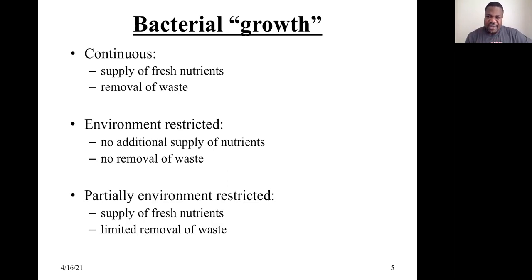But there is another important piece of information here. There are environments that are partially restricted. Partially restricted simply means that in those environments the supply of fresh nutrients is done, but there is limited removal of the waste. Those types of environments are like abscesses. A patient who has an abscess has microorganisms found in the abscess. It's very difficult for the antibiotic to go and kill those microorganisms inside the abscess unless